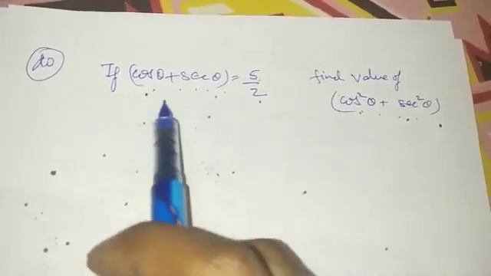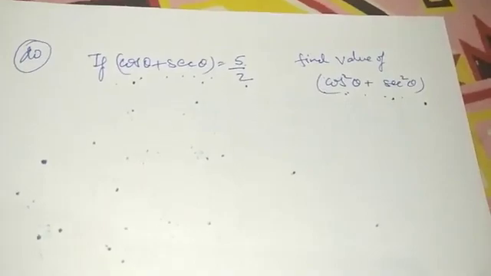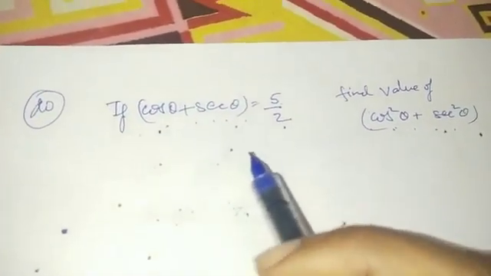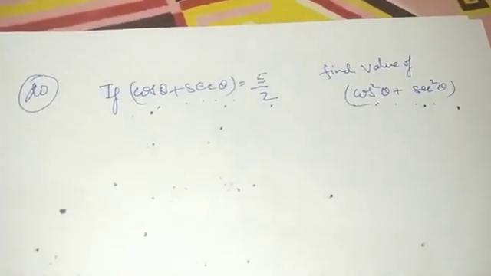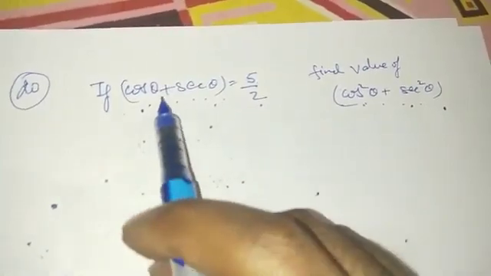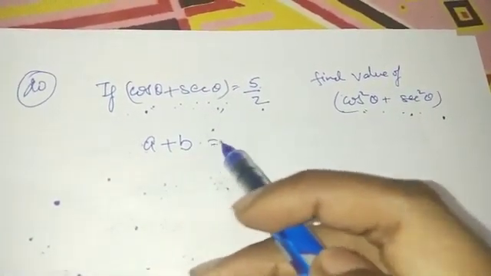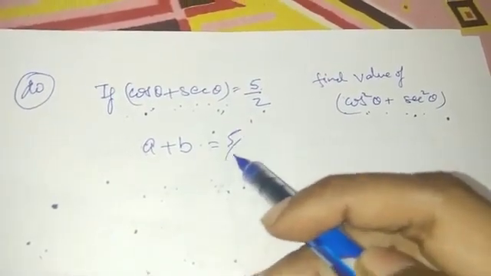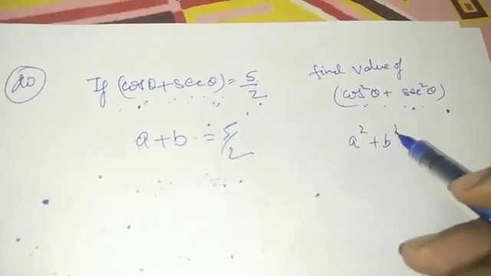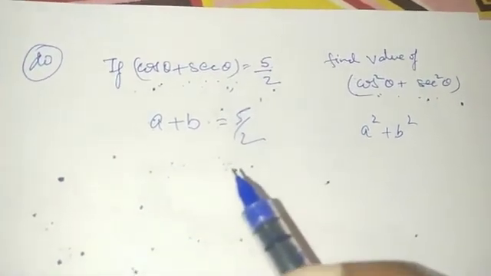But now we do not have one ratio given. We have two ratios, or particularly a form of an equation is given to us. So whenever we have such a form, we are going to use the identity that we have already studied in class 8, the algebraic identity, where we have a form of a plus b given, that is 5 by 2, and what are we supposed to calculate? We are supposed to calculate a square plus b square. All right, so yes, we are going to go ahead with it.